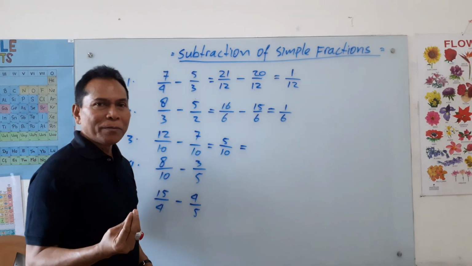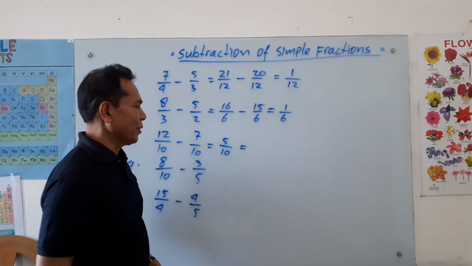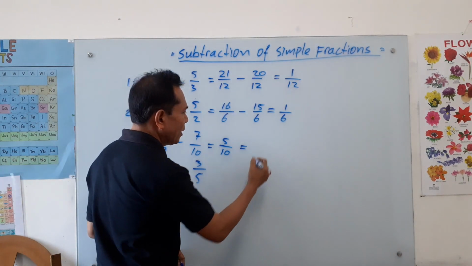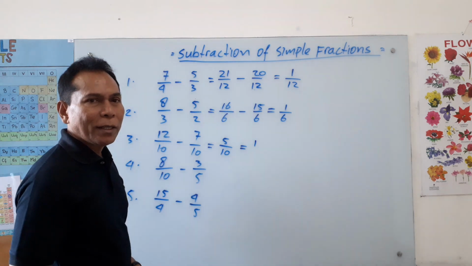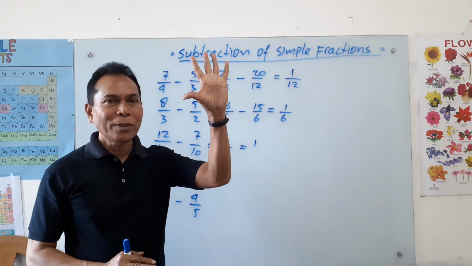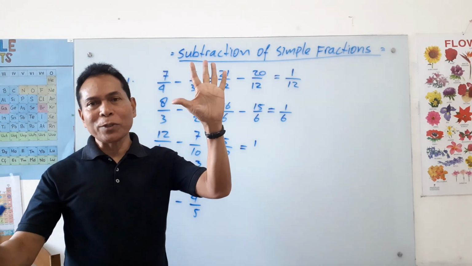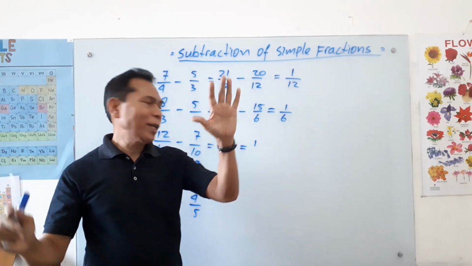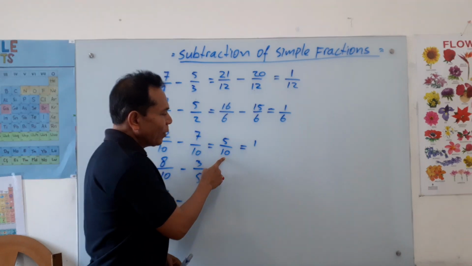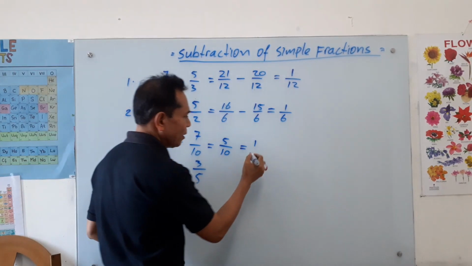If we take 5, number 5, we use it to simplify this. Then 5 divided by 5 is 1. Okay? Like 5 apples, you have 5 students. Now, you divide these 5 apples to these 5 students, 1 person gets 1. So 5 divided by 5 is 1. And then we can use it for the denominator. 10 divided by 5 is